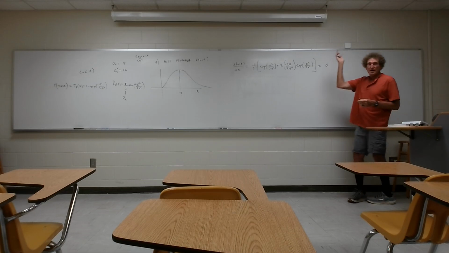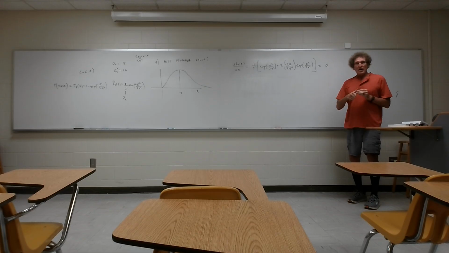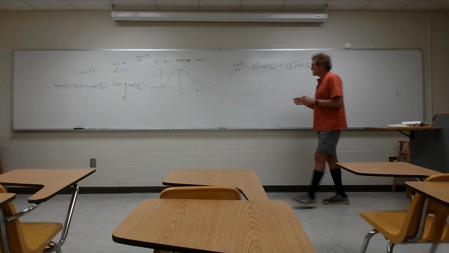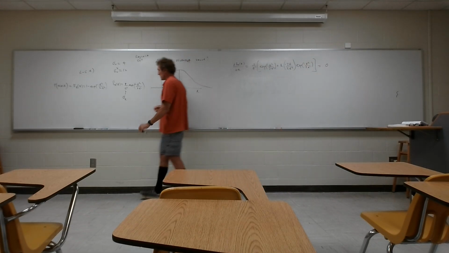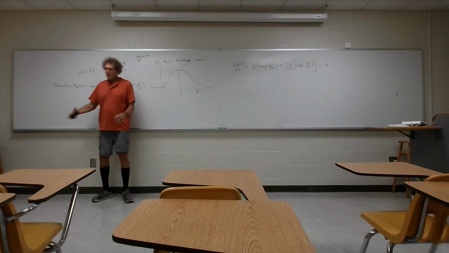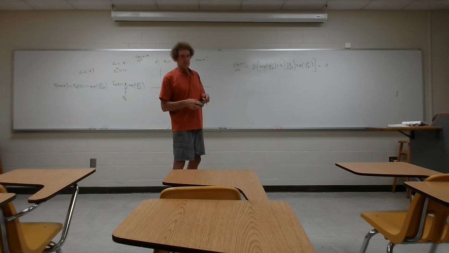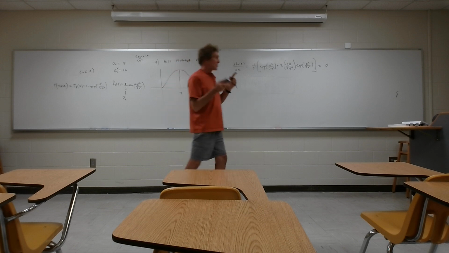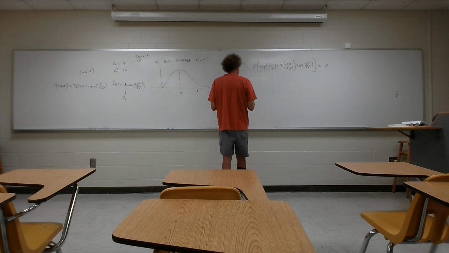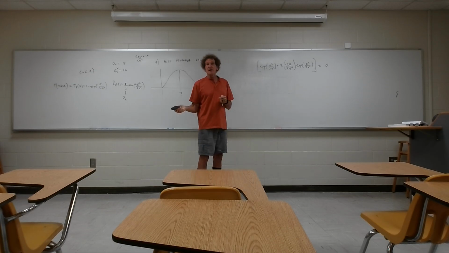How many agree with that? With me? All right. Now, it's easier for me to do this on the board by erasing things, but everybody should at least be able to do this without any kind of angst, without any problem. If I look at this, since it's equal to 0, I'll get rid of this whole thing. I can get rid of the sigma squared. Do you agree with that? It's 1 over sigma squared. Multiply both sides by sigma squared. 0 times sigma squared, still 0, get rid of it, right?